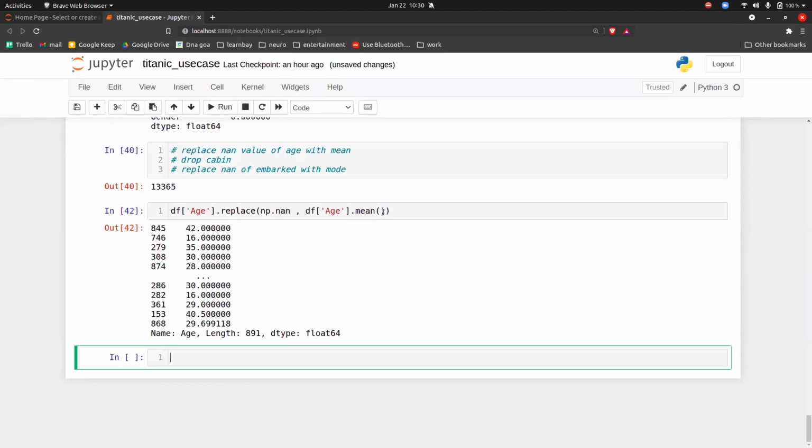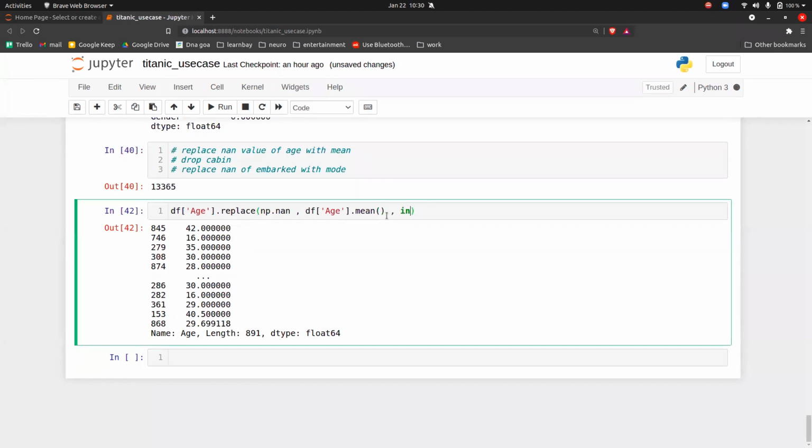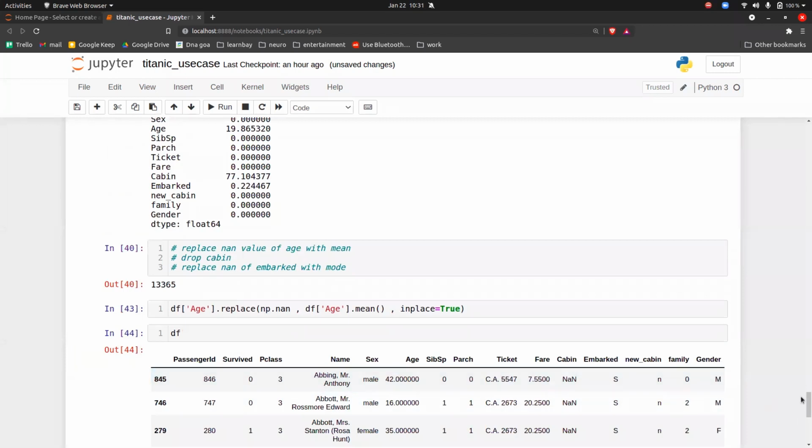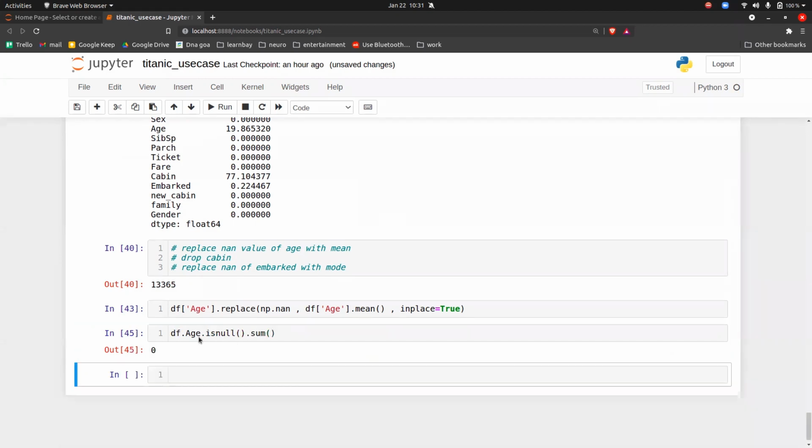And of course, inplace equal to true, executed. Now if you go df of age dot isnull dot sum and execute, there is no null value. So you have done that.